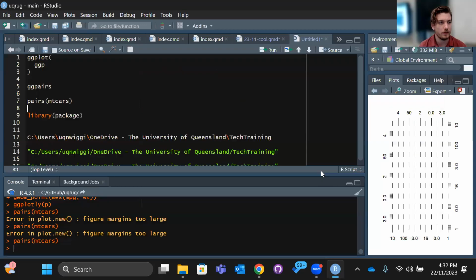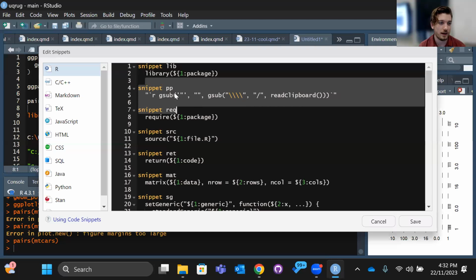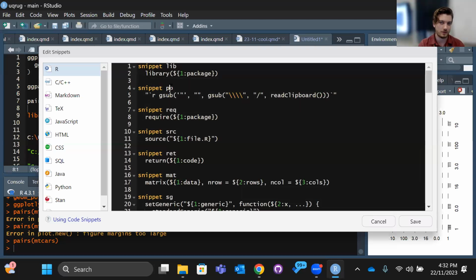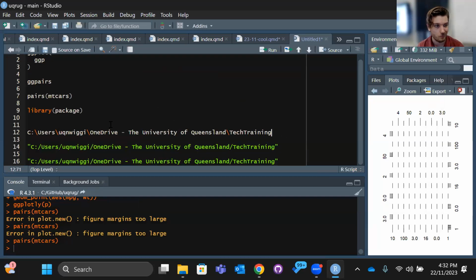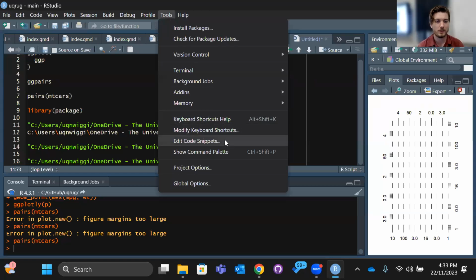So basically you grab that, you go to tools, edit code snippets, and then just paste in here. It doesn't have to be PP, that's just whatever the person who I got from Stack Overflow called it. You could just type in whatever you want to. And then if you have a URL from a Windows computer with the damn backslashes in there, you simply type PP and then press Shift Tab and it pastes it inside quotes with forward slashes. You copy the URL. So it actually just pastes whatever's in your clipboard, right? Yes.